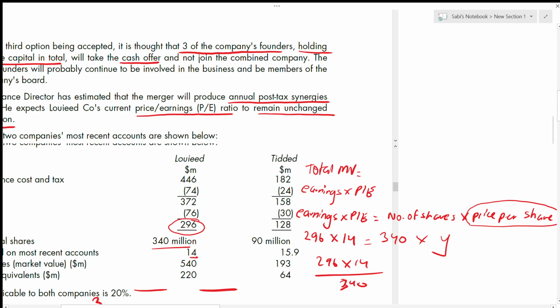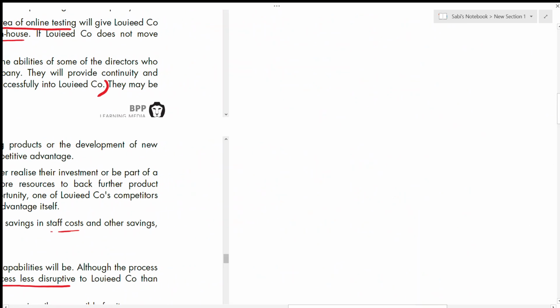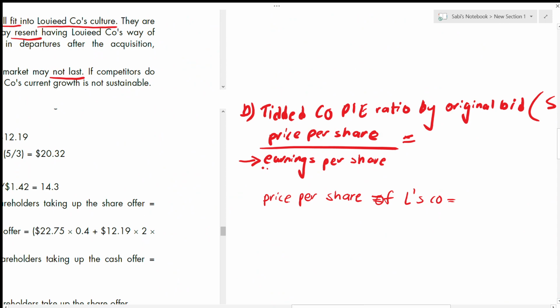Now can you find Y? Y is what? Y is the price per share. $12.19. You have been looking for this price per share. So now I know that my price per share is 12.19. Dollar, always use dollar sign. 12.19 is the price per share, but it is for L company. You have to find for T company,